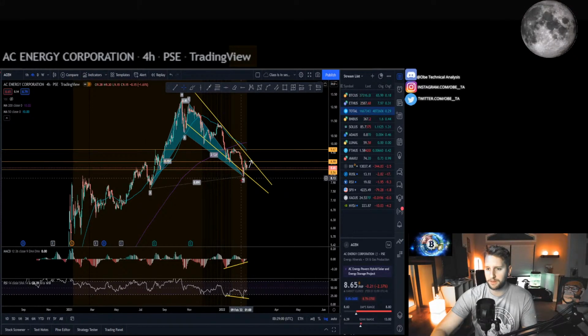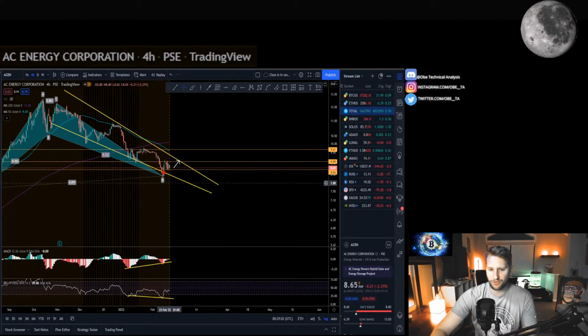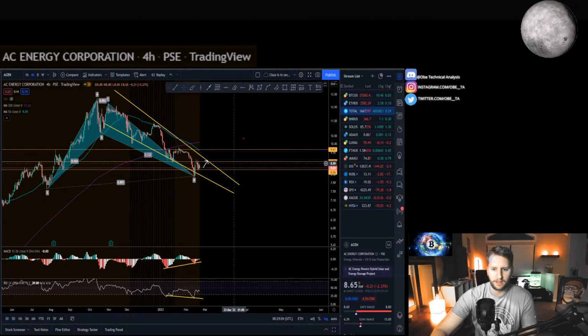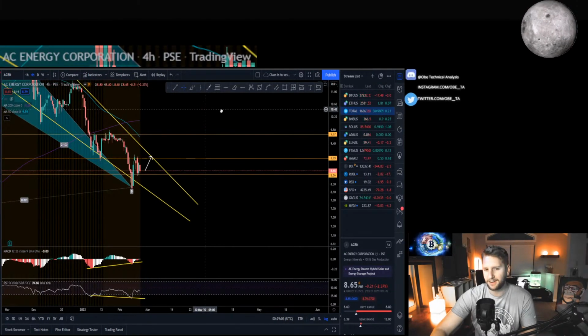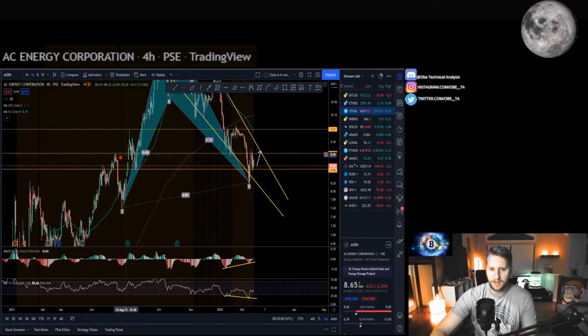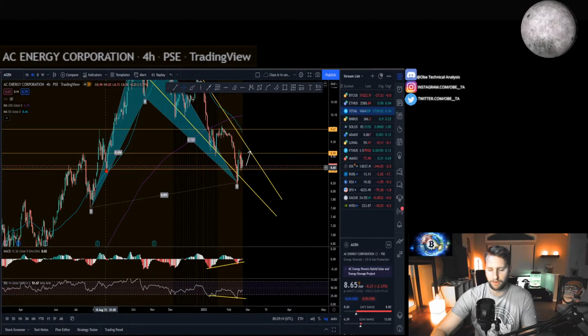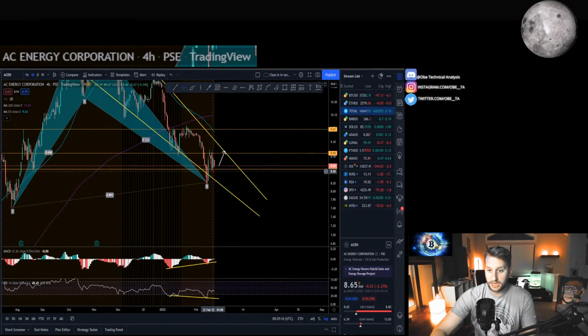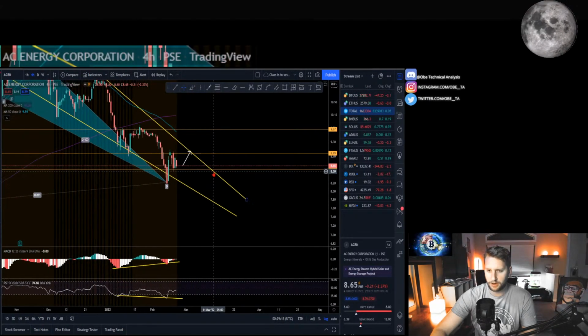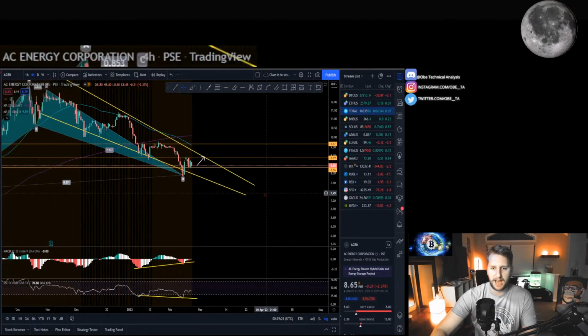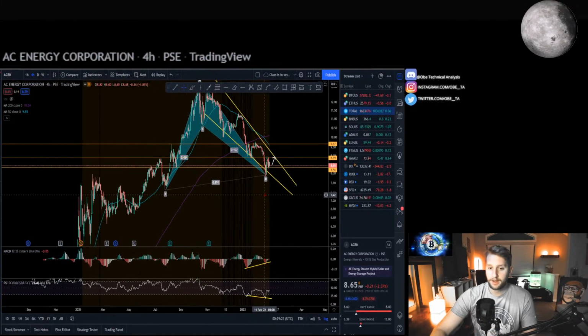From what I'm seeing, it looks like you might get some relief up here. And honestly, you've already reacted off of the bullish harmonic, and it's kind of sad, right? You reacted, you came up, you were treating this peak back here from July 13th as resistance again before coming down to try and hold this support from August 18th. You did for a little while on the previous 4-hour candle, but now not much is happening. So look, you fall below this point of $8.56 and you likely head down to like $7.80.